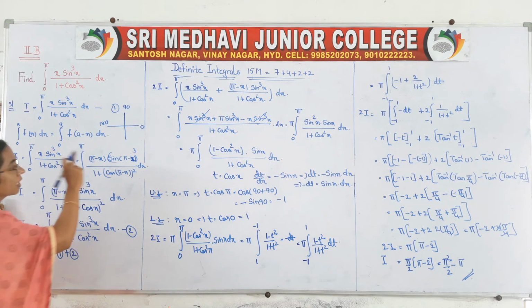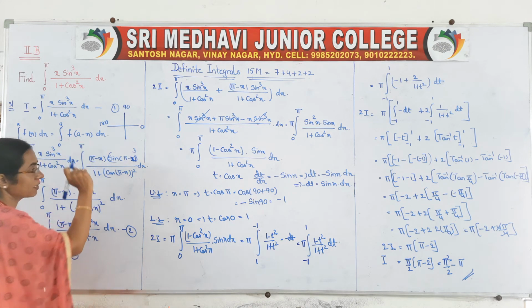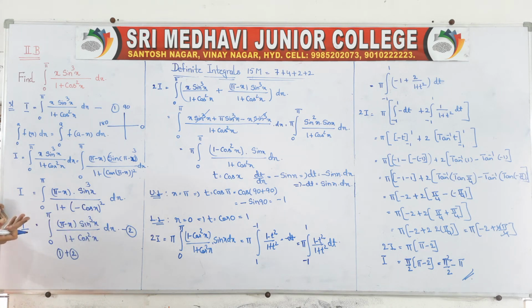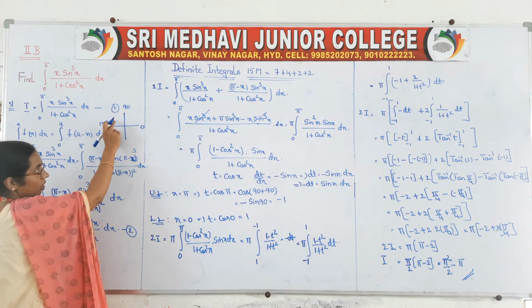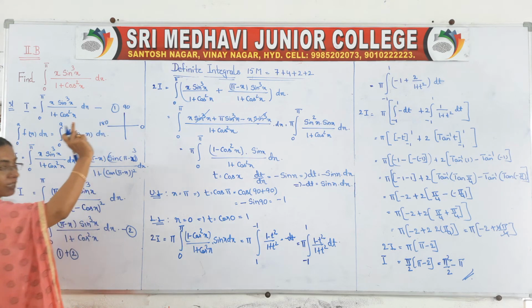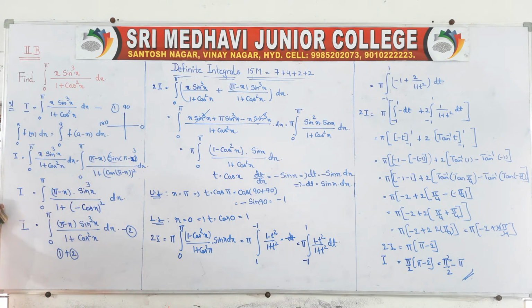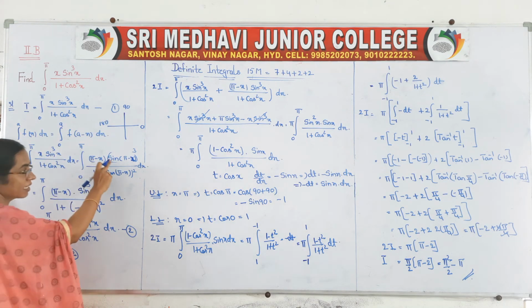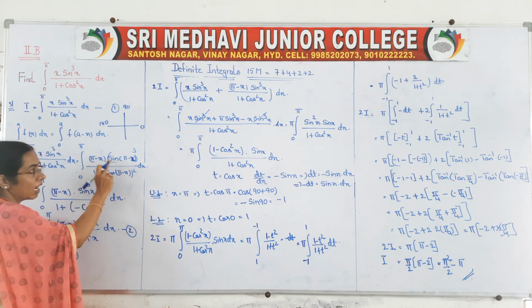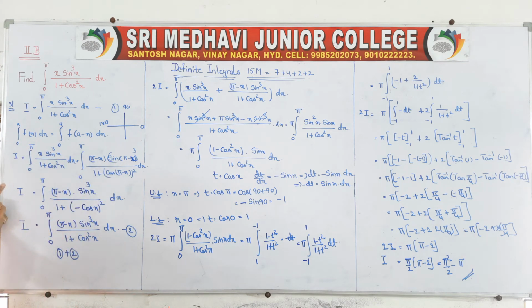So, pi minus x means 180 minus theta, with x in place of theta. Generally instead of theta we can take any value. So here x is there. 180 minus theta means second quadrant. In the second quadrant, sine and cosec are positive, remaining ratios are negative. Here sine is there, so it is positive. And for 180 plus or minus theta, the ratio remains as it is, it does not change.